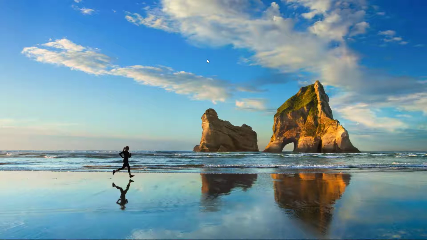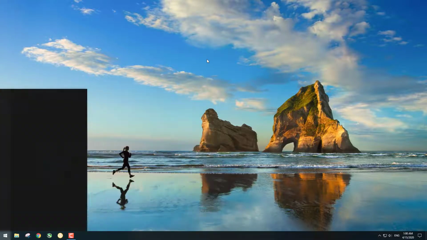Okay, let's start on how to do that. There are 2-3 ways. I'm going to show you from Google Chrome and from Internet Explorer as well, and Edge also. Whenever you try to open the Edge, for example,